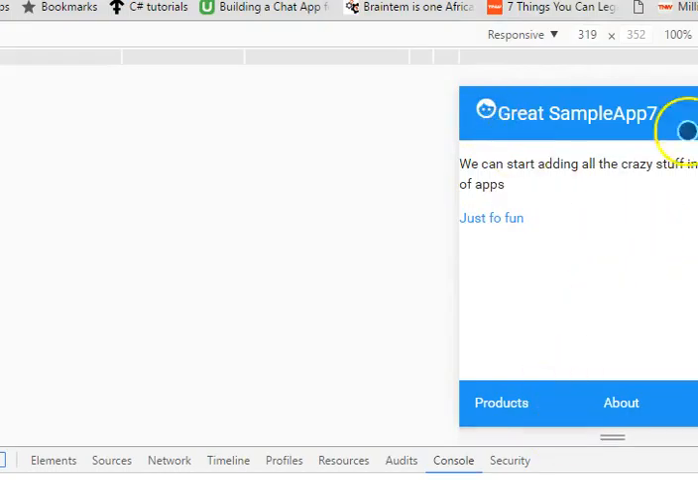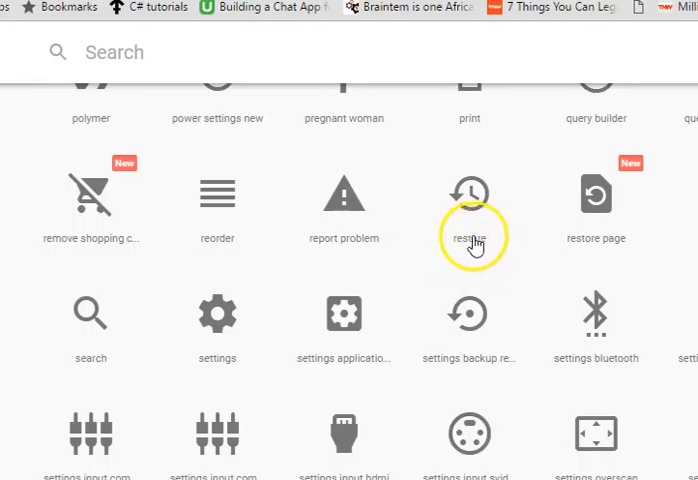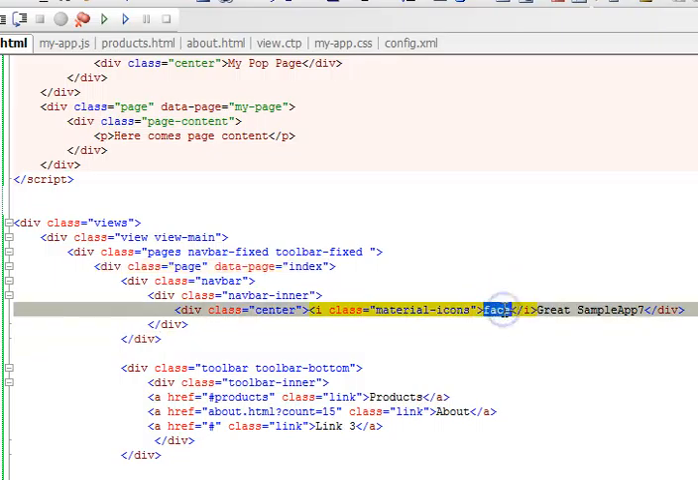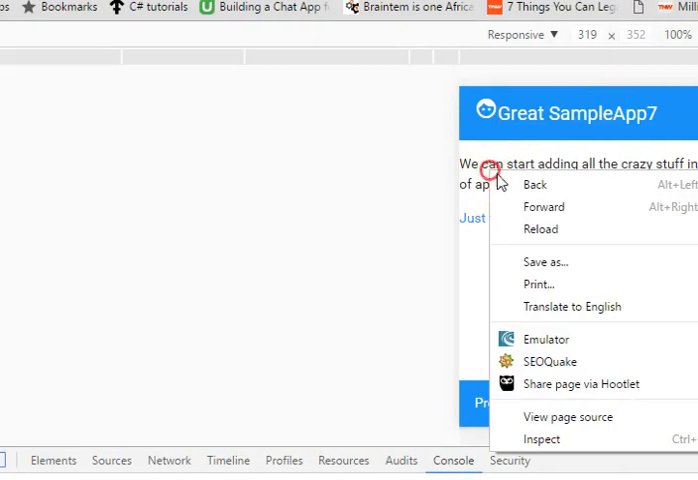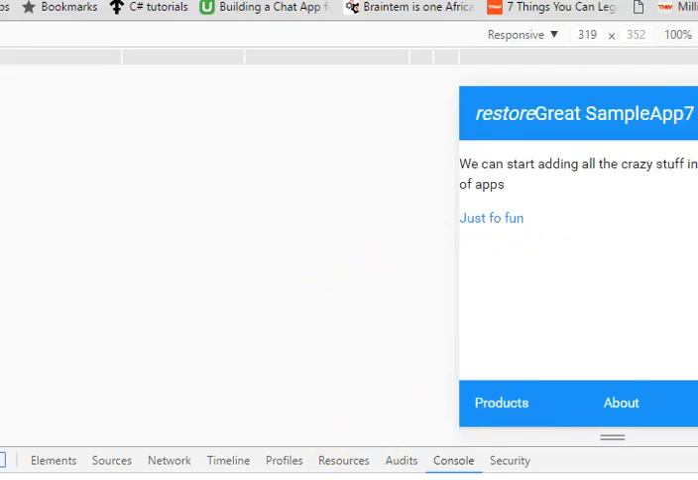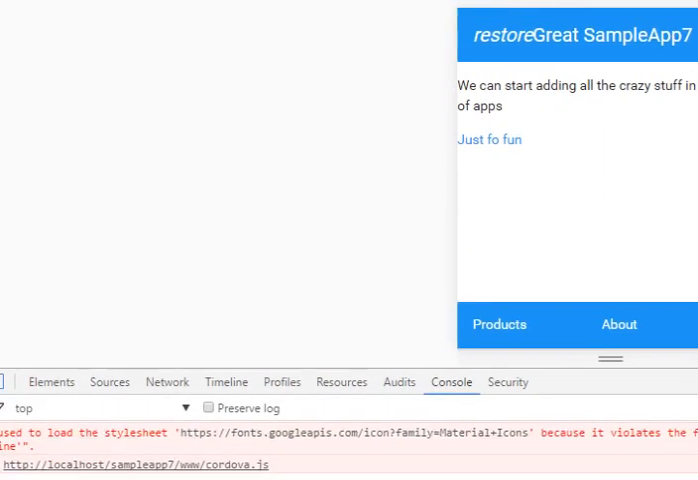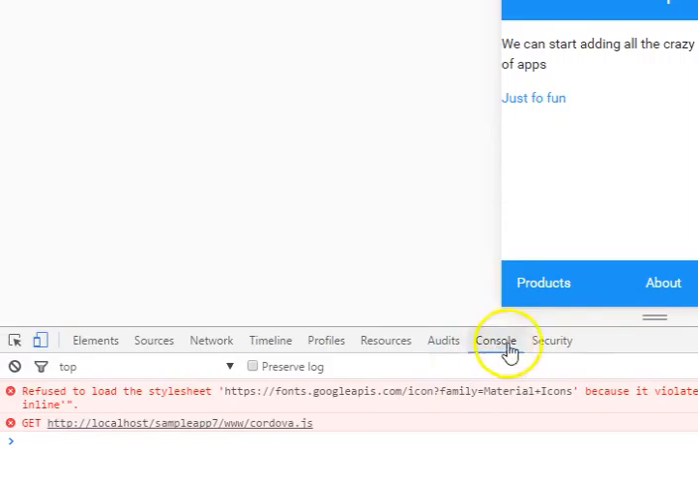The face has appeared here, which means we can have other icons. Let's use restore, for instance. If we have restore, and we check our app and refresh. Oops. If it's not showing, like we are seeing the word restore instead of the icon, it means that we have a problem. So what you do is right click and inspect element, scroll down